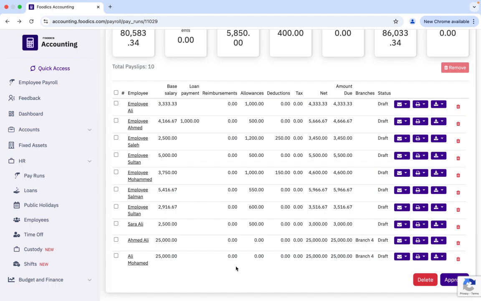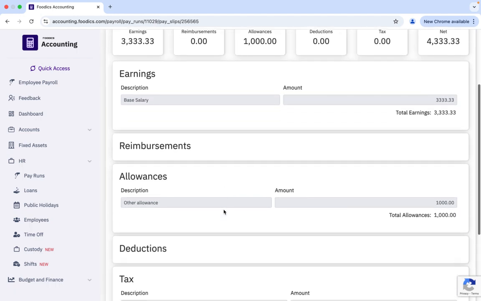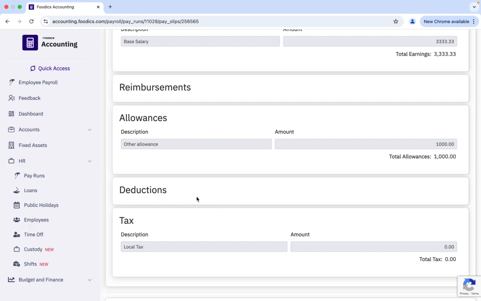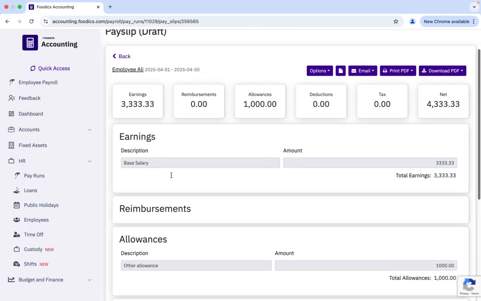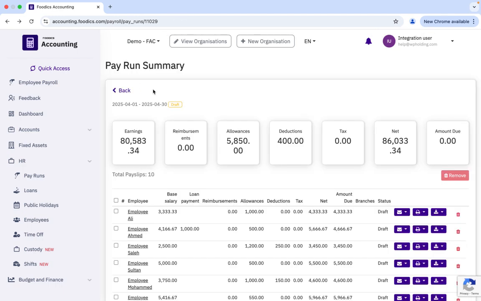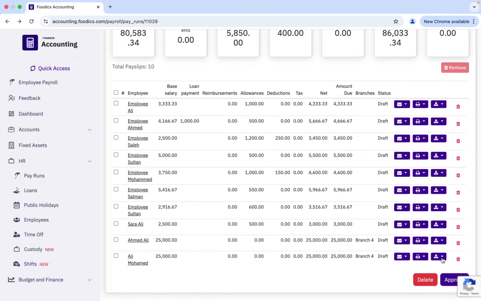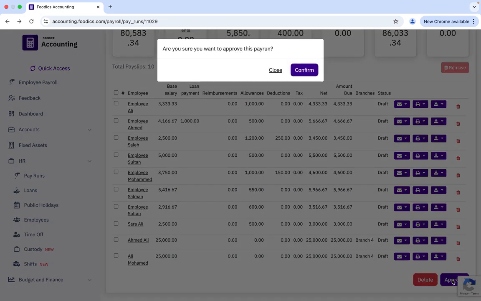But furthermore, I would just like to mention once again something here regarding deductions. The deduction field in the payslip is optional for any other deductions than loans, because loans come out automatically when there is a loan added to this section. So I'll move back to the approval status. If I approve this now,